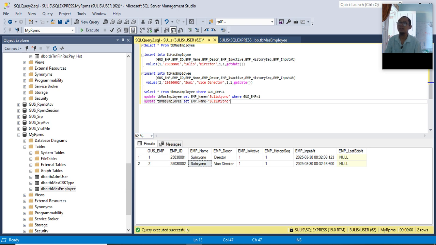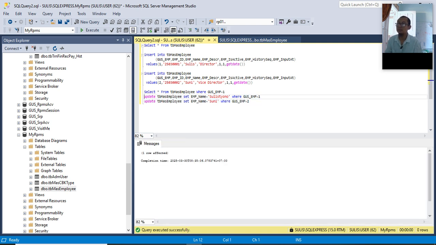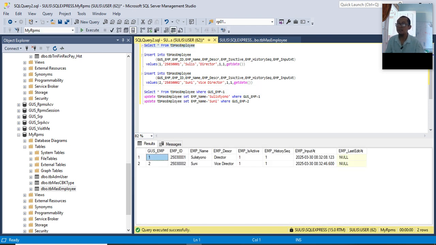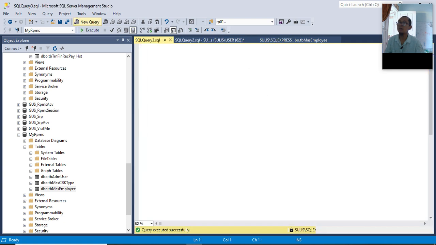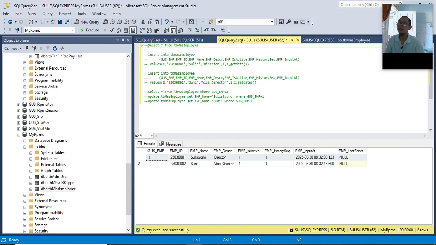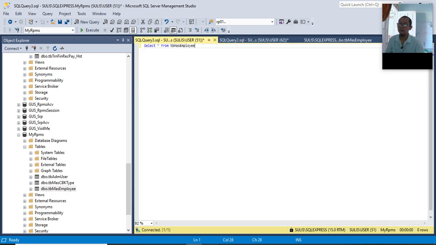I will now show you how it works. First, I will bring the data back to Sunny where EMP equal 2. Now let's see our data. You see, data is already correct again. Now I will show you how begin transaction works.